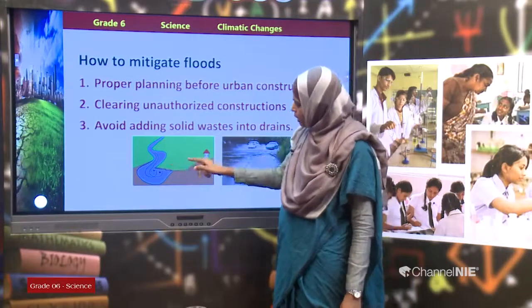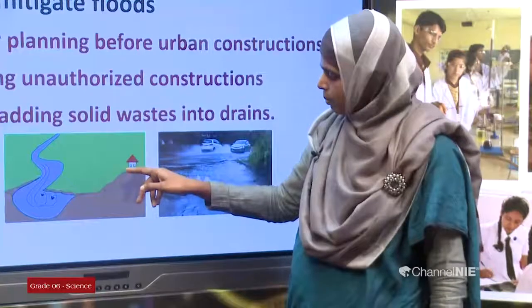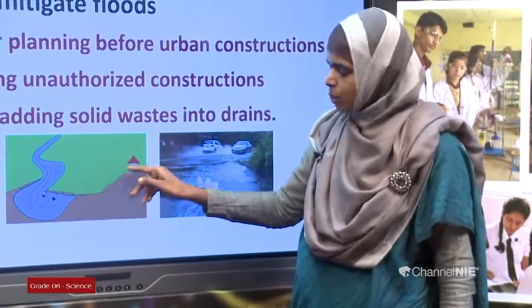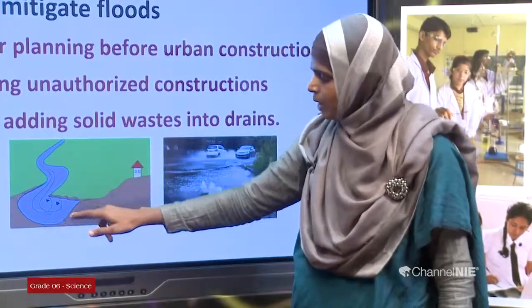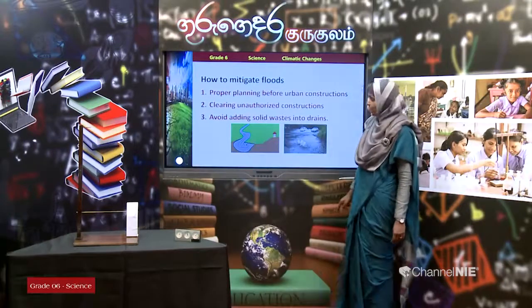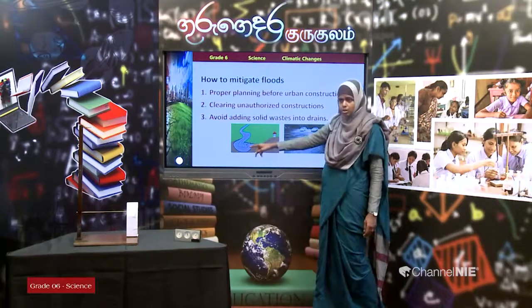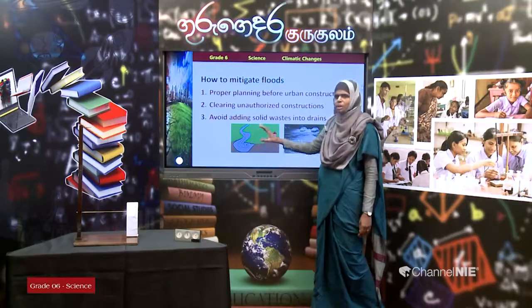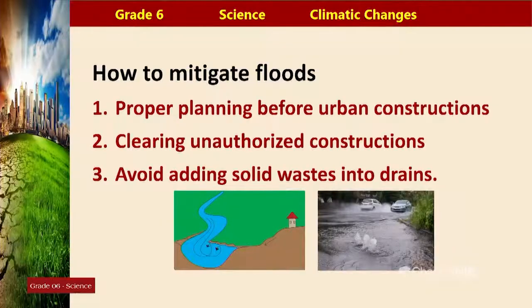What would happen due to human activities on either side of the river? When forests are cleared, during a rain the soil would be washed away from both sides of the river and would be collected at the bottom. All the soil and mud would be collected at the bottom of the river. Therefore, the capacity of water that the river can hold would be reduced. So, when the capacity is less, even a small rain might make it overflow and both areas will be covered, because the amount of water that it can hold now is less. So, this is also one main reason for flood.